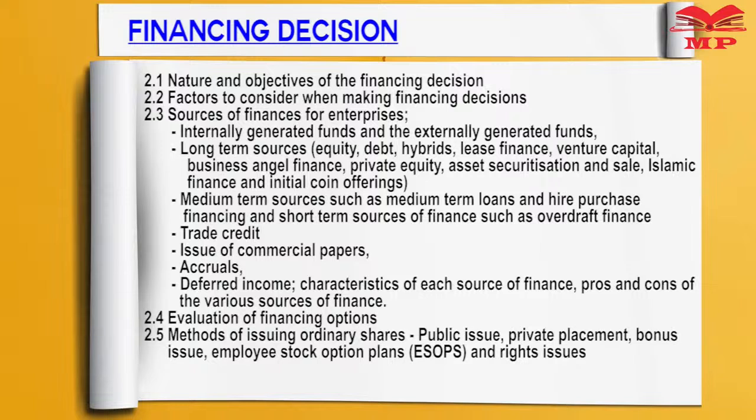Number 1 is the nature and objectives of the financing decision. Number 2, factors to consider when making financing decisions. Number 3, sources of finances for enterprises. Under the sources of finances for enterprises, we'll discuss the internally generated funds and the externally generated funds, the long-term sources, which include equity, debt, hybrids, lease finance, venture capital, business angel finance, private equity, asset securitization and sale, Islamic finance,